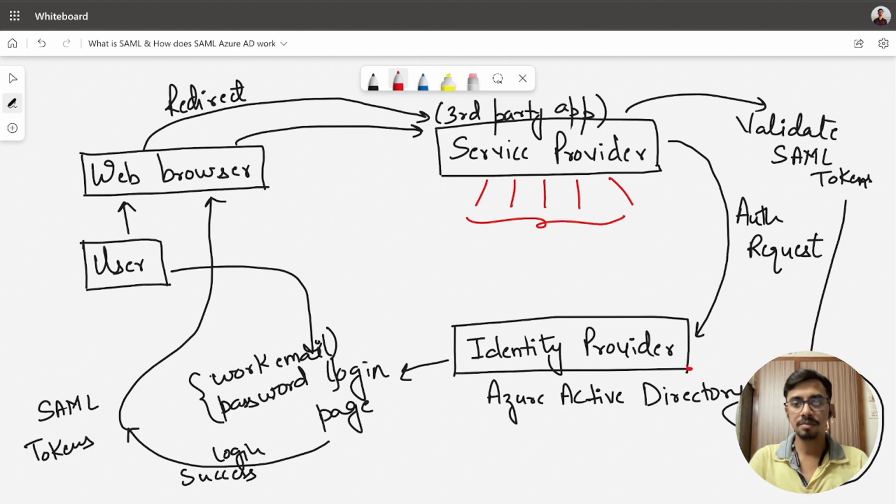If you have a small amount of experience of Azure AD, let me tell you that in a real scenario, in a company there is an IT team, and that IT team will be adding all its employees, all its users, to an Azure Active Directory if they are using Microsoft Office.